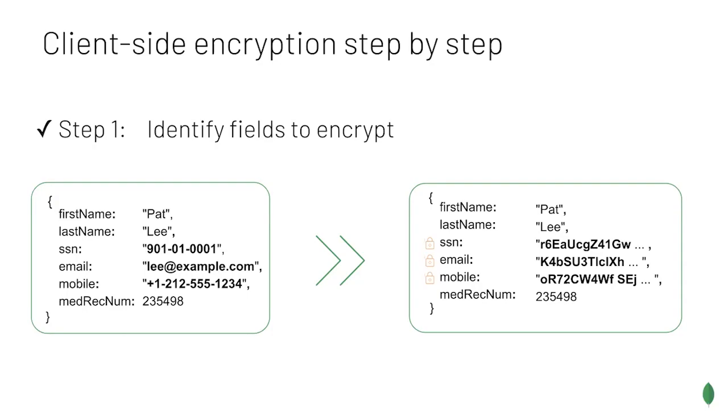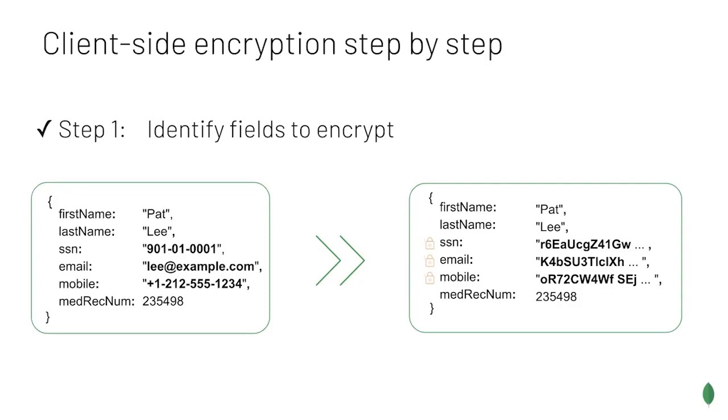Now, we'll get into it a bit deeper in just a second. There are different ways to do it, but in the simplest approach, they're simply tagged explicitly. So security number, email, mobile number, in this case, those are tagged as encrypted. And so whenever the database stores those documents, it's going to ensure that those records are encrypted appropriately.